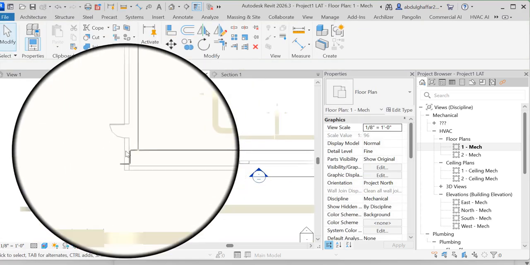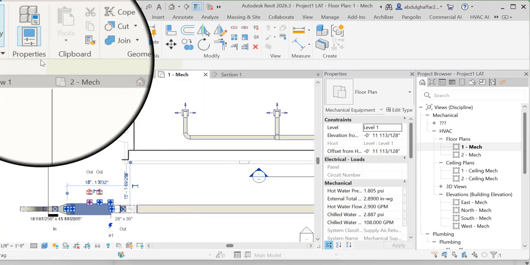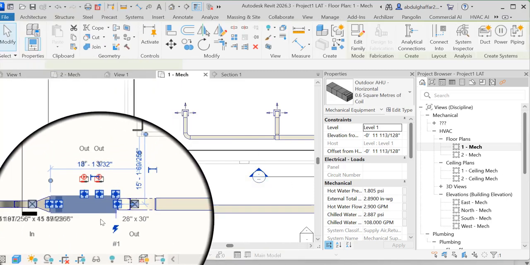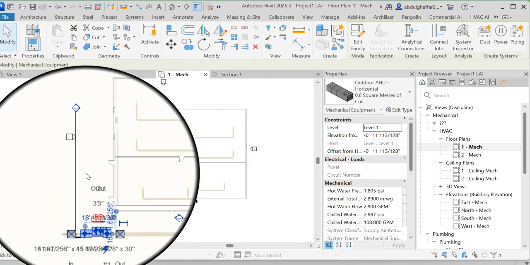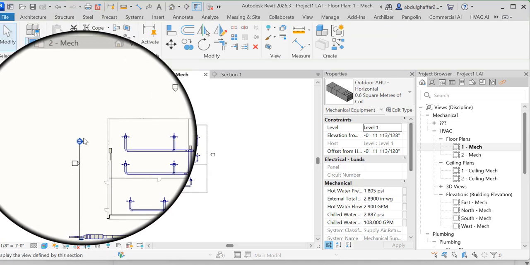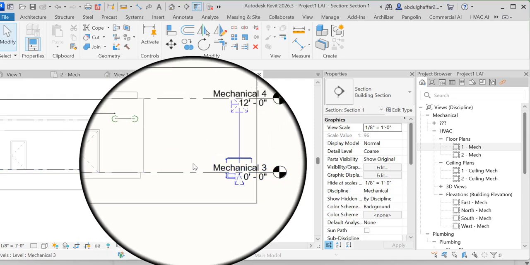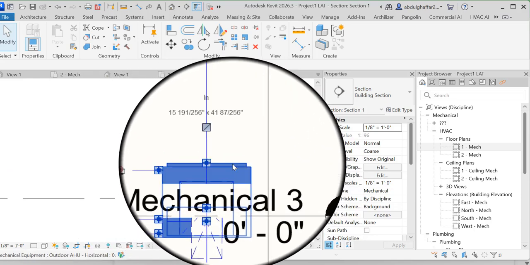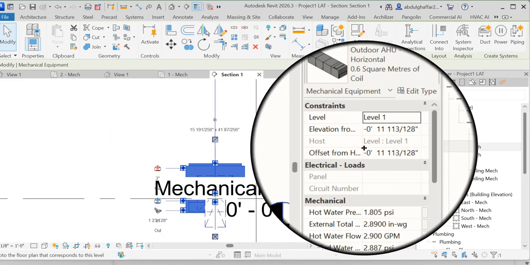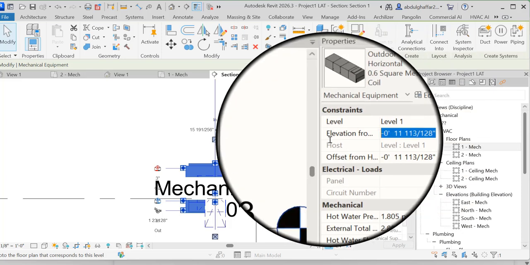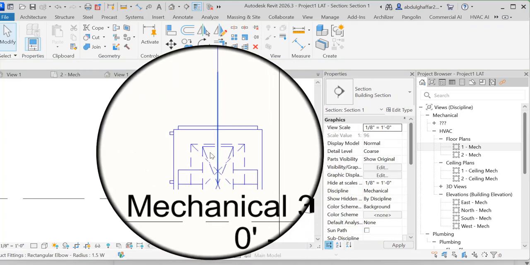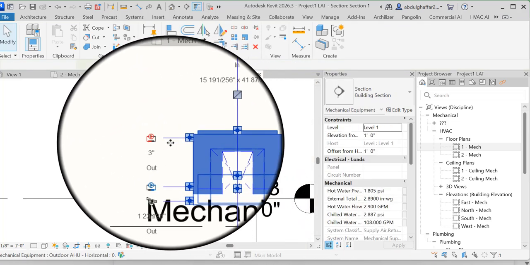After that, now here you see this one is over the air handling unit. So we create connections for this air handling unit. So now click on this one section. So here you see this is our air handling unit. First of all you can set the elevation level of the air handling unit, so it's 1 foot above the ground. After that you can draw